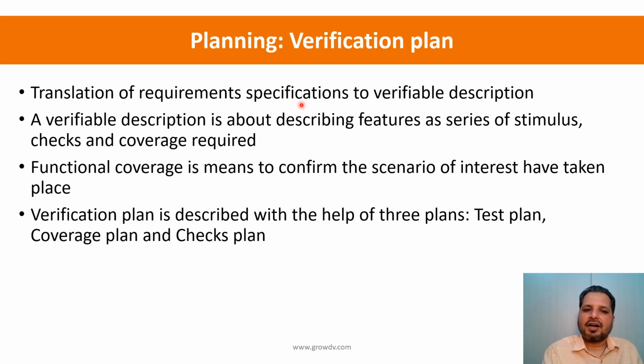And the functional coverage ensures that the scenario of interest has taken place, because we are talking about implementing the coverage driven constraint random verification approach. In this approach, we are planning to generate a constraint random stimulus, and when we do that, we do not know if a particular scenario of interest would definitely get triggered, and in order to find that out, we also need to add the functional coverage to it. And now next we'll look into the details of